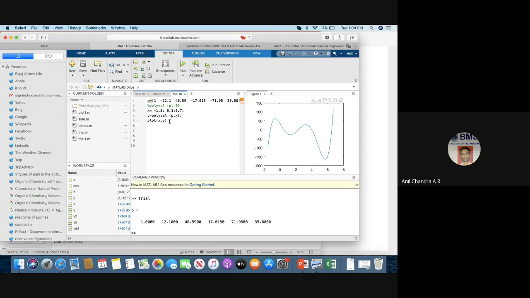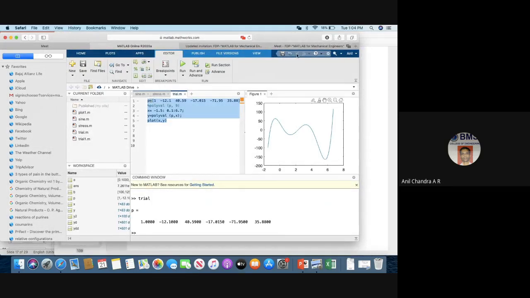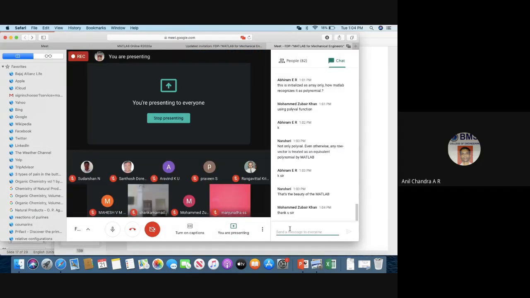I think people can try it and define the step size. I have given 0.1. You can put a star. You can take a lesser number of points. You can play around with that. Please try this.